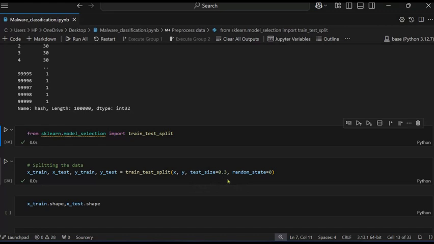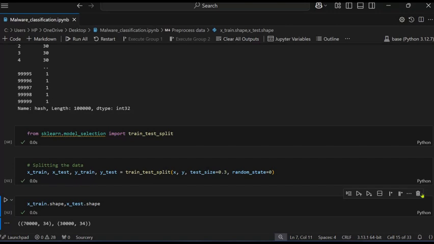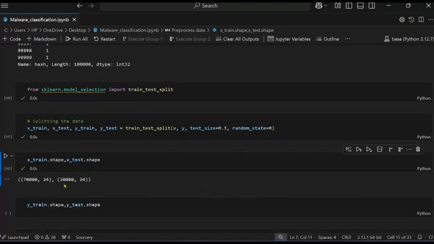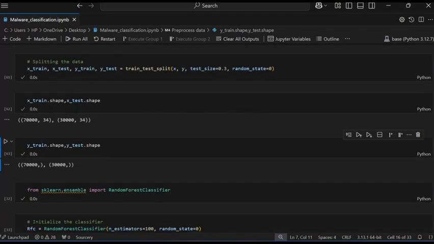I have given 0.3 and random state is 0. 0.3 means 70% is training data and 30% is testing data. So it's working. Now looking at the shape after the train test split. It gives the shape 7,000 and 3,000. Same for y_train.shape, it gives the shape.